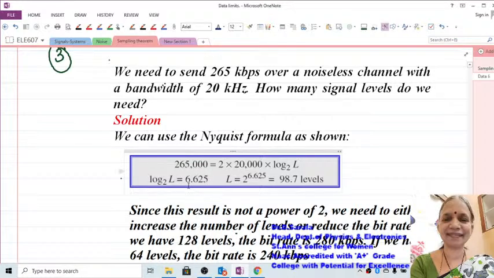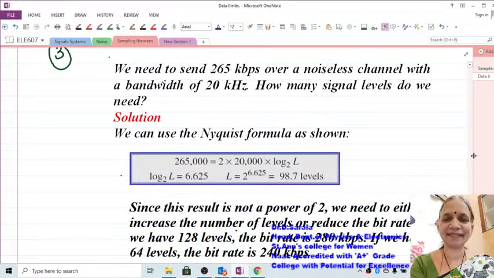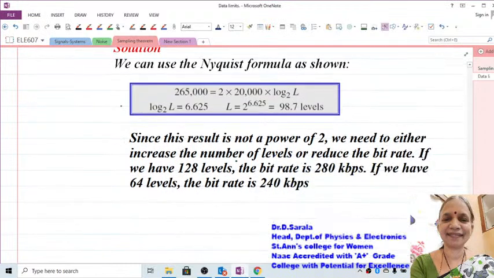So, if log L is this, L will be 2 to the power of this, 98.7 levels. And this cannot be expressed as a power of 2. So, we need to either increase the number of levels or reduce the bit rate. Okay. So, it's close, let us say if you increase it to 128, it is 280 kilobits per second. If it is 64 levels, it is 240 kilobits per second. So, this is how you will be calculating the channel